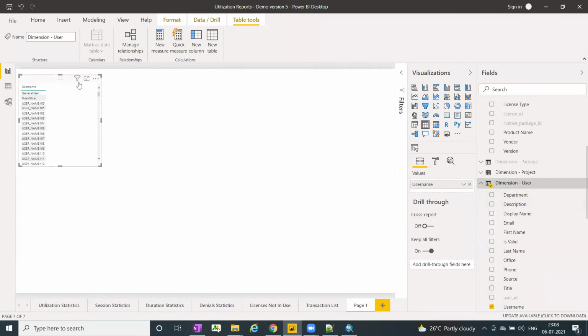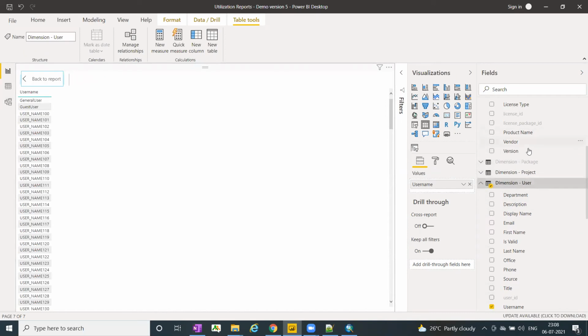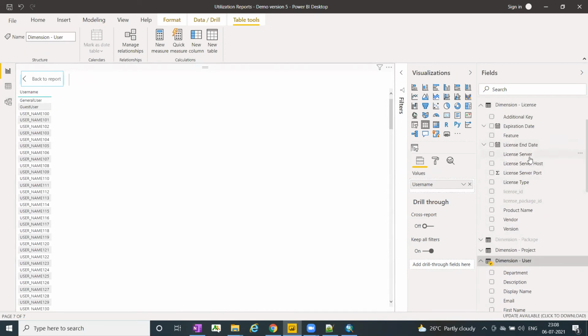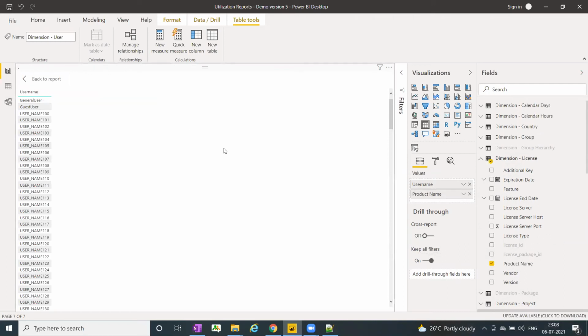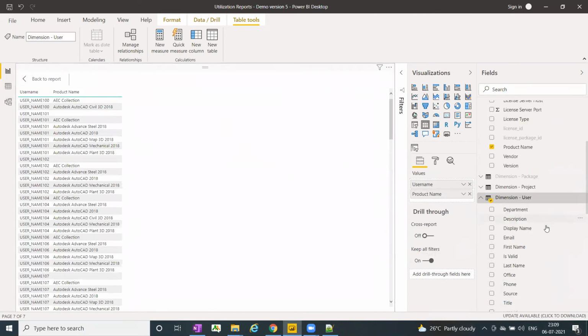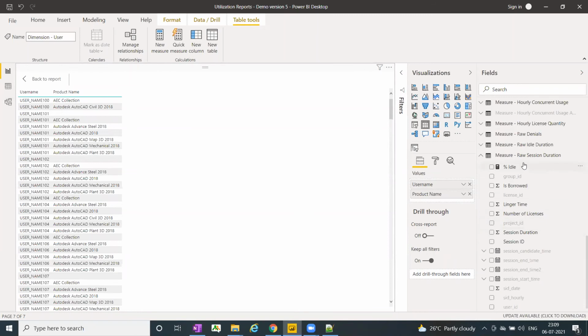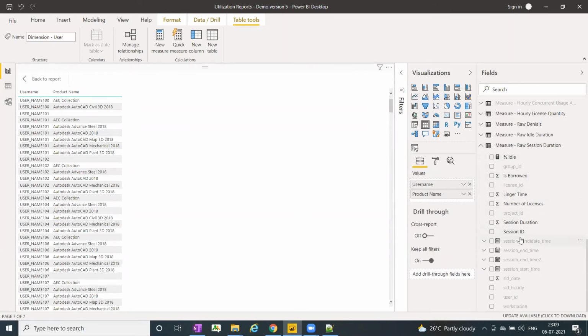So I get to see the usernames. Now under dimension license, I can select the product name. I want to see the session duration for each of these users for each of these products. So here I can simply select the summation of session duration.